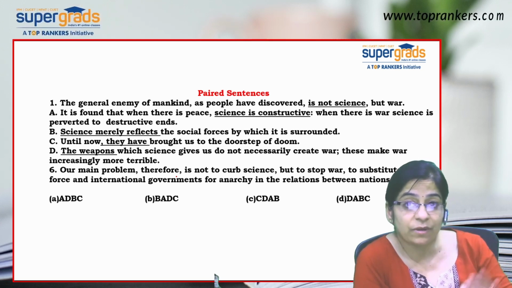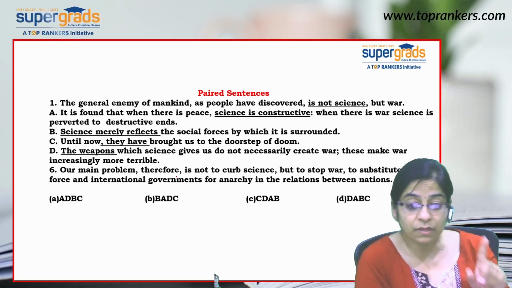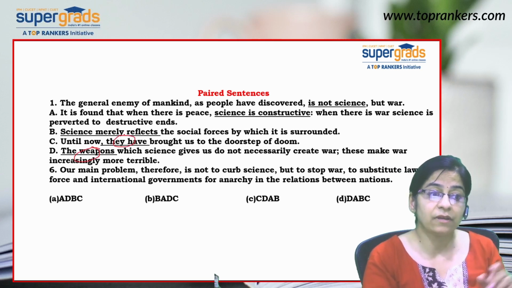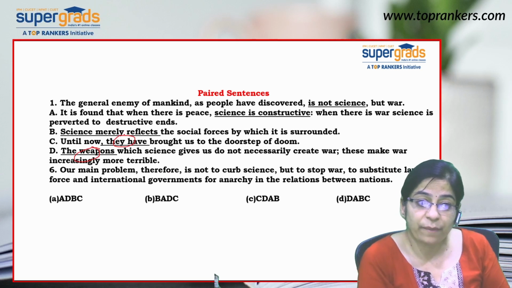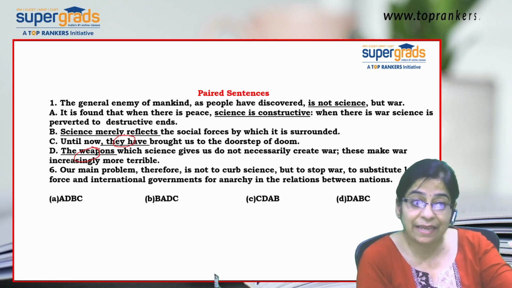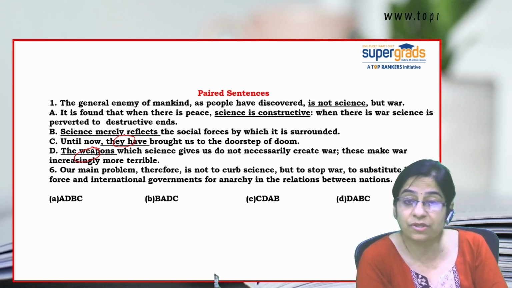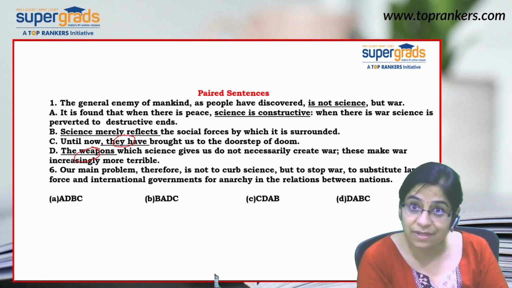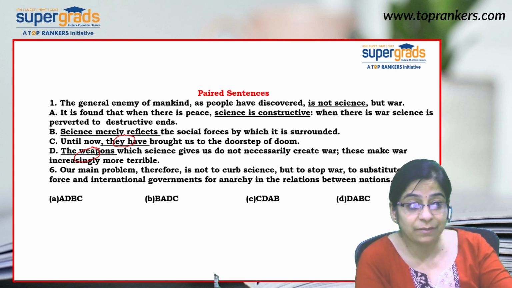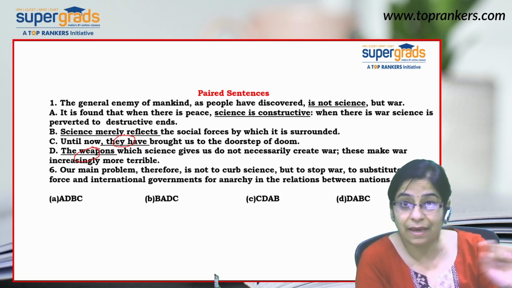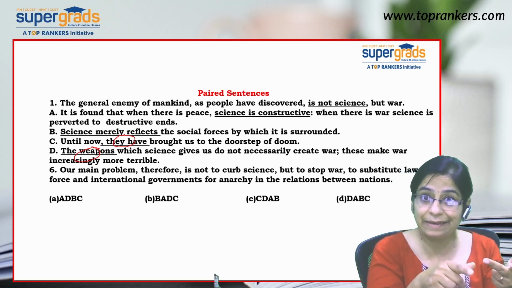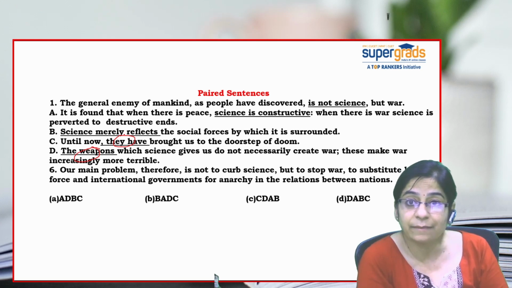Now, see, as I've already marked this for you, do you see a relationship between the weapons and they here? So option D talked about the weapons which science has given us. And see, then we say they have brought us to the doorstep of doom. What does this they signify here? It talks about the weapons that science has given us. So that tells me that D and C are a mandatory pair in the sequence, D first and C later, right? And there's another mandatory pair in here,